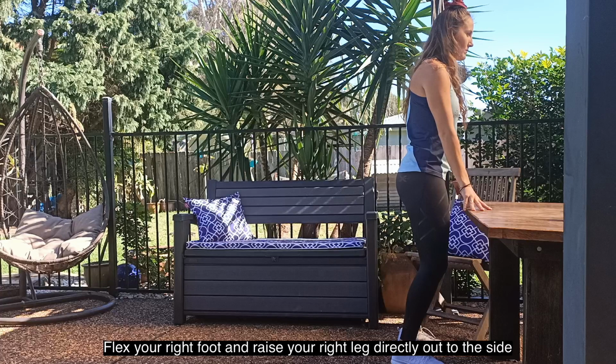Flex your right foot and raise your right leg directly out to the side. Remember, it doesn't matter how high your leg can go, just focus on not moving your upper body. Keep your shoulders over your hips throughout the movement. Pause for a second once you've reached the highest point, then slowly lower your leg, tapping your heel to the